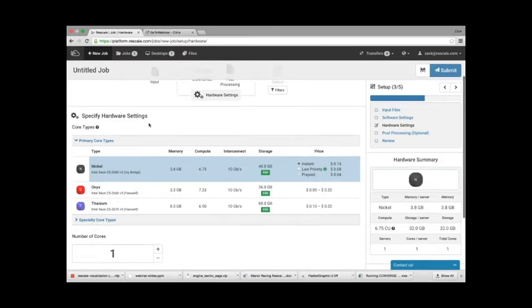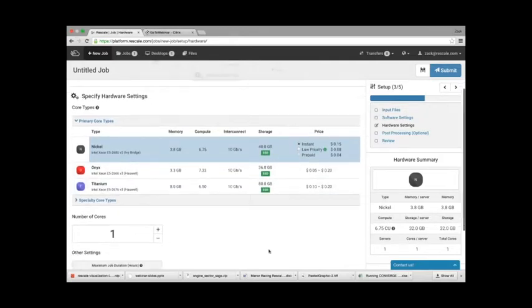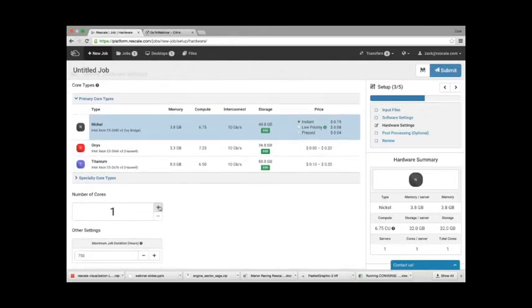So the next step is choosing the hardware. I think Mulianto covered that pretty well. There are multiple hardware choices over here. In this case, I'm going to choose nickel as the option, and I'm going to choose 16 cores. And what you could see over here with the pricing, those are three different options. Instant means that you get the cluster right away, and if you care about speed and availability whenever you want it, that's the option for you to use.